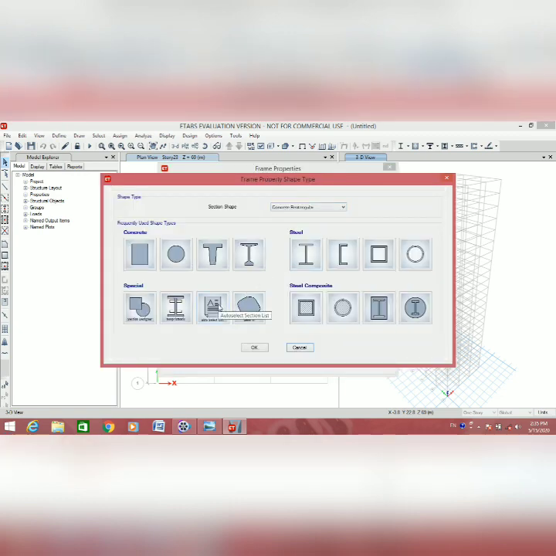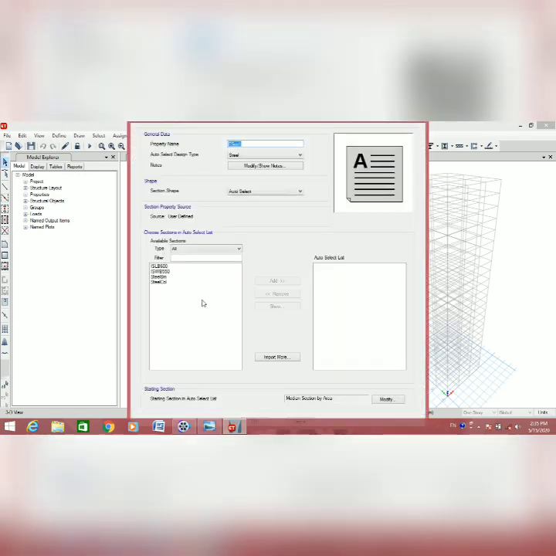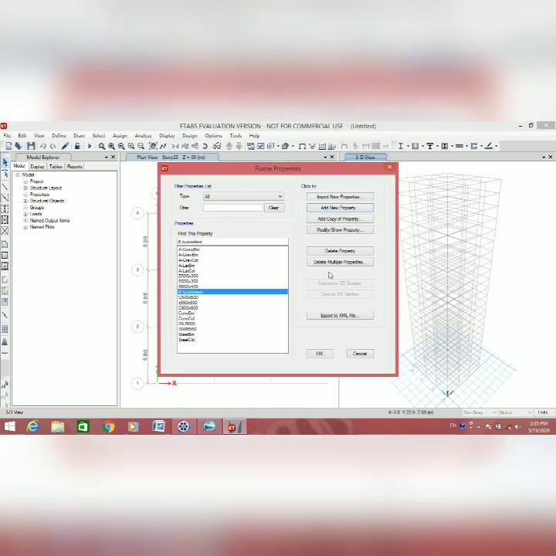Add a new property for auto select list for beam and column. Give the name for the beam auto select, and auto select design type concrete. Select the three sections of beam and click OK.